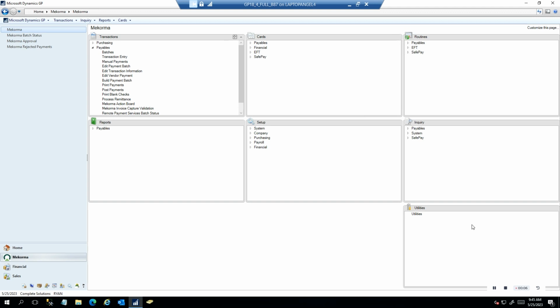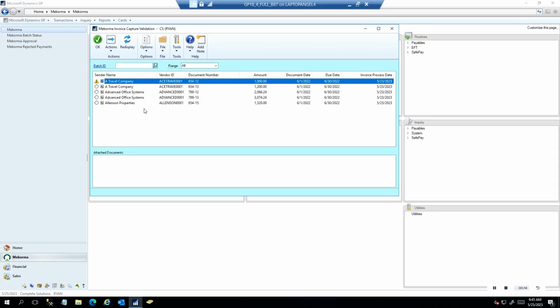Right, so here we are in Dynamics GP, and to get started, we're going to look at Invoice Capture. Now, this is a standalone product. It does not have to be connected with the Payment Hub, but if it is, of course, it makes a great end-to-end process. So in dealing with your invoices, you'll have your vendors send them into a dedicated inbox where